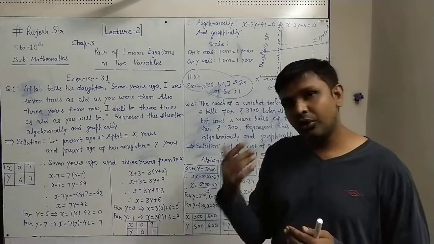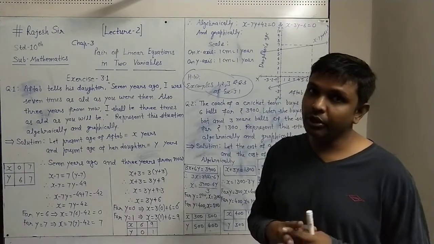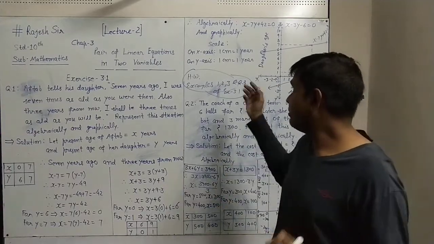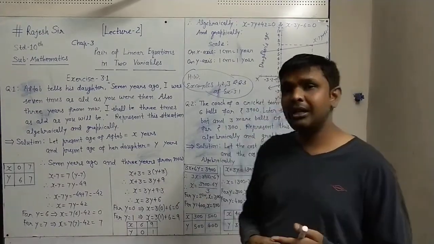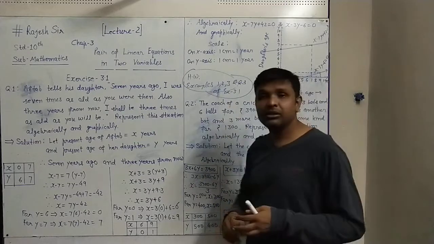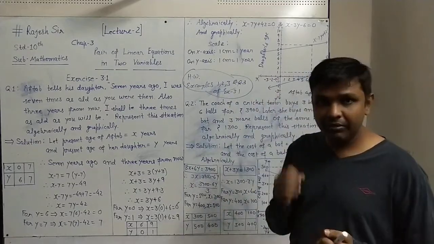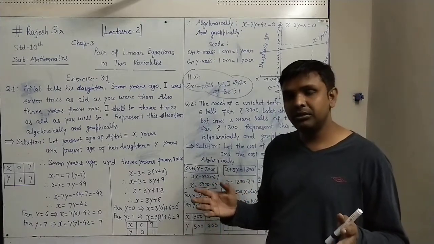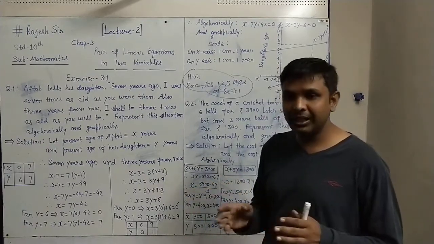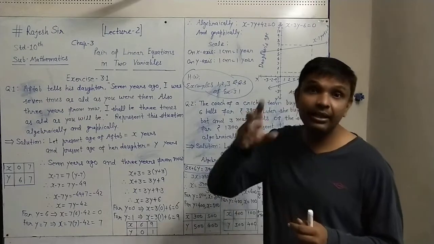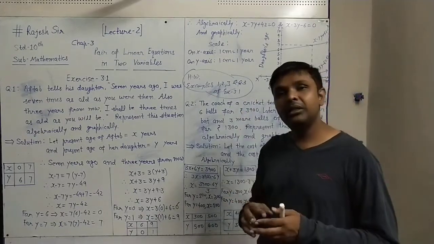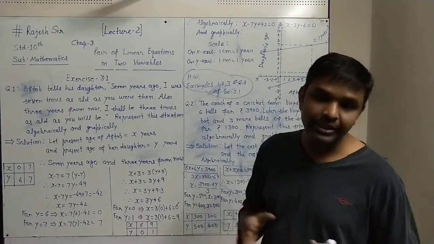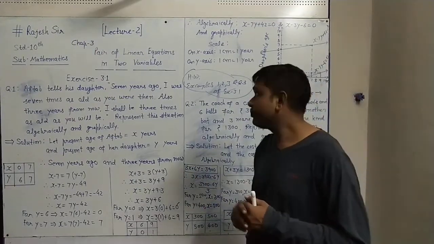You draw it, you will find that both the equations will not intersect each other, they will be parallel. And if you see the first example, second example and third example, all the examples are given very well in our textbook. In one of them you will see that the 2 lines are coincident, and in another you will see the two lines are parallel, and in the third you will find that two lines are intersecting each other at one point.